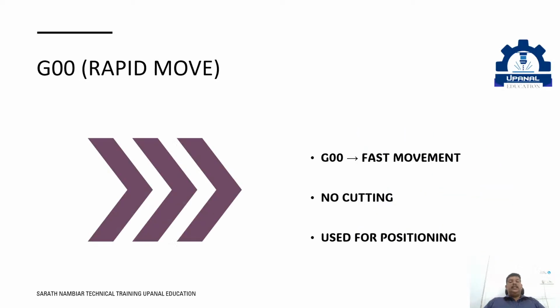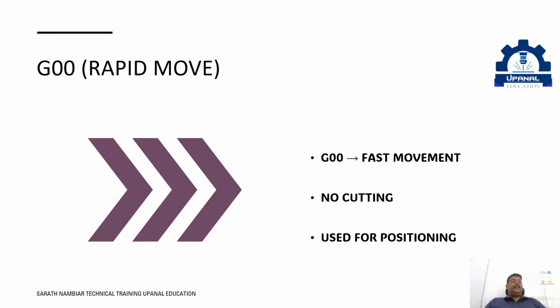G00 is called the rapid traverse or the fast move. In simple terms, it moves the tool very fast from one position to another. But here is an important part. It does not cut material. It's only used to position the tool. Now imagine before the cutting starts, the tool has to reach the correct location, right? We don't want the tool to slowly move all the way. That is wasted time. So we use G00 to quickly bring the tool near the job, but at a safer